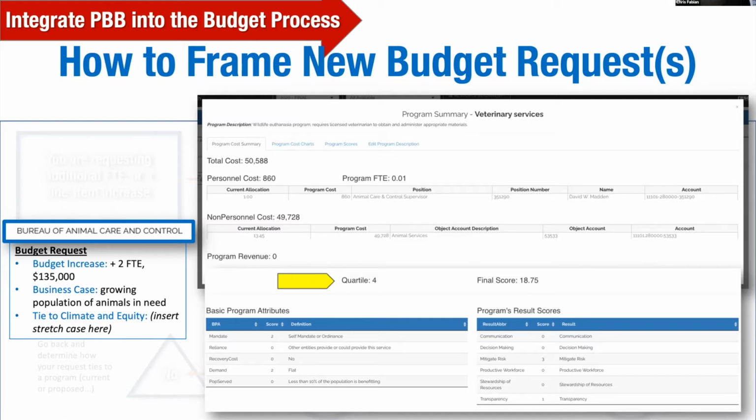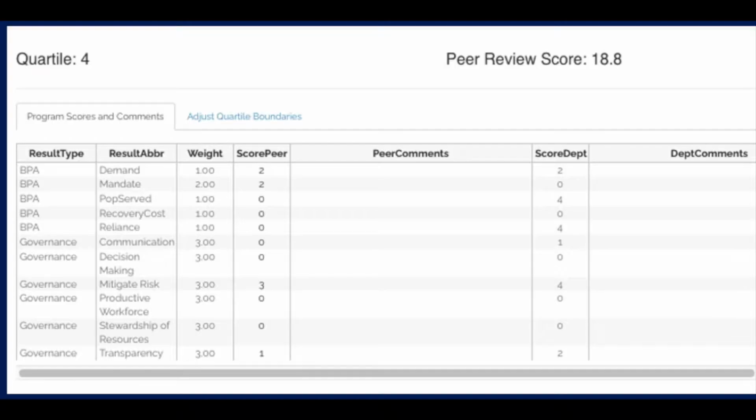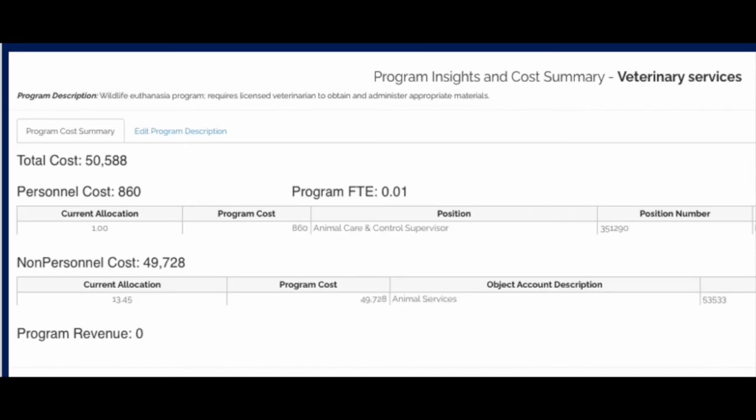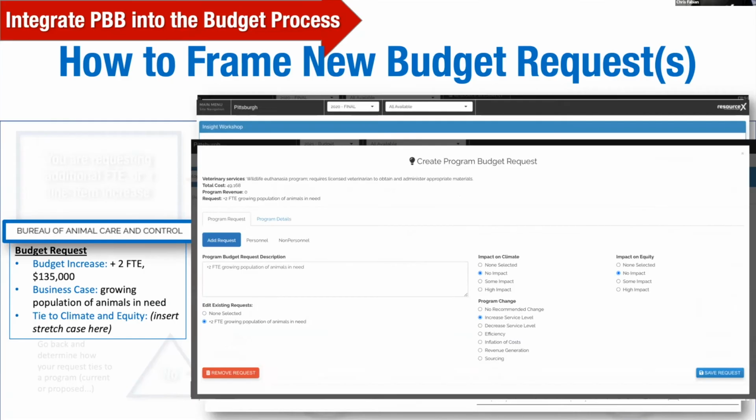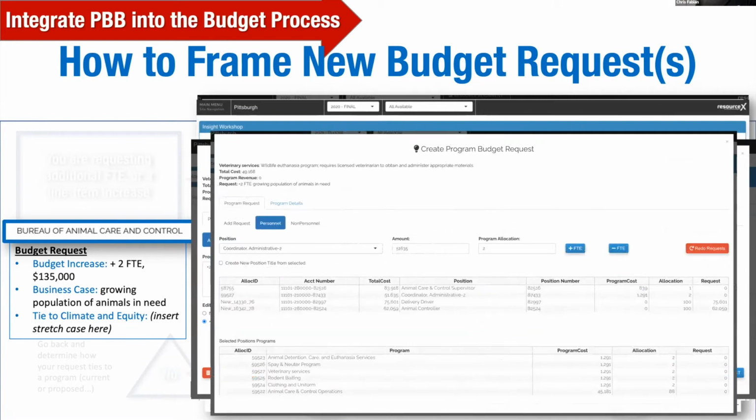I can picture veterinary services more so than this entire department. I then learn that it's quartile 4. I can see how it's scored. I can see how it's currently staffed overall. And what we want the departments to be able to do is actually click into the veterinary services program and begin to build their budget development requests within the tools